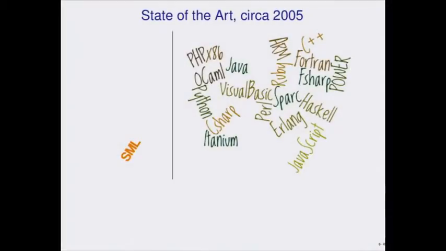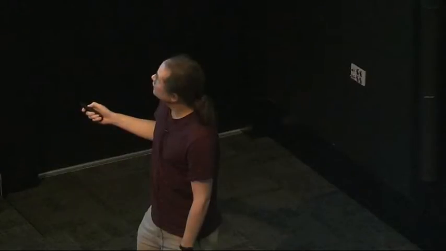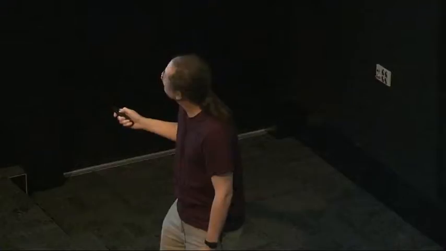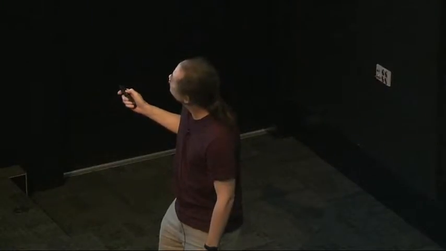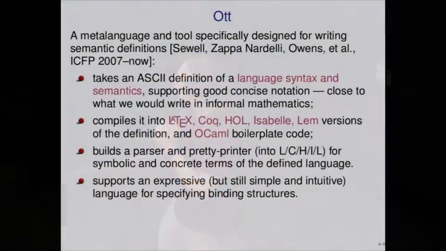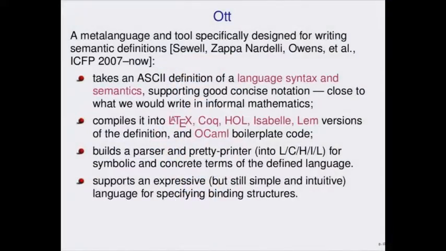So, another piece of the state of the art. State of the art 2005: mainstream languages with a sort of rigorous normative definition were rare, and that was full of mistakes too. Languages defined by a few words and maybe an implementation. Okay, so what could we actually do about that?